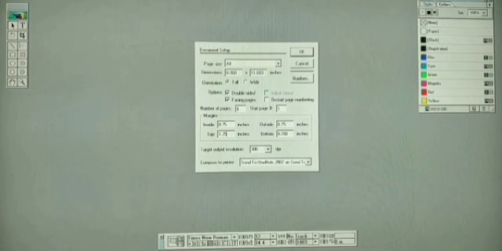Next you have to change the bottom to be 0.75. Perform all these changes as it is given in the question for you. Then you click OK.